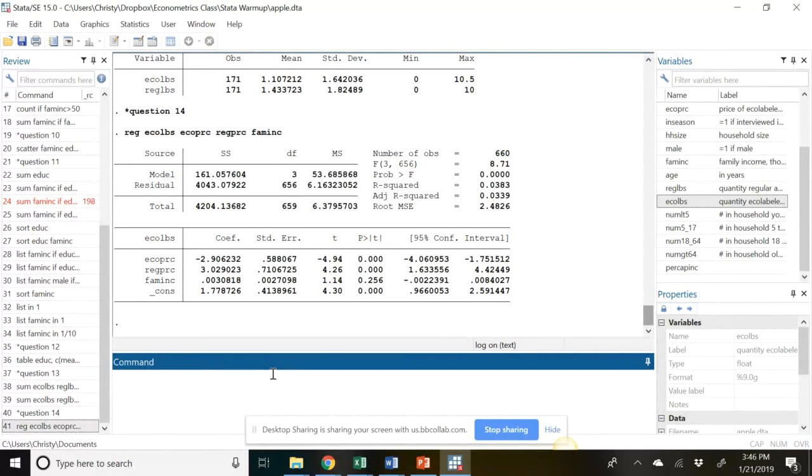So if you look at the output, in the top right, we have the number of observations. We have an R squared in the middle there, which is very low, 0.038, and an R bar or adjusted R squared,